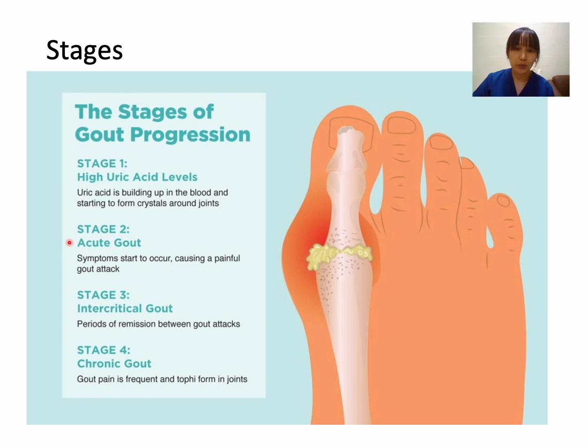Stage 2, or the acute gout. This is the stage when there is a sudden, unexpected nighttime attack of gout symptoms. There's pain, redness, and swelling due to the inflammatory reaction to the urate crystals released into the joints. Stage 3, or the intercritical gout, is the period of remission between gout attacks. Intercritical gout is the in-between stage where a person has already had a gout flare but is presently not having any joint pain or swelling.